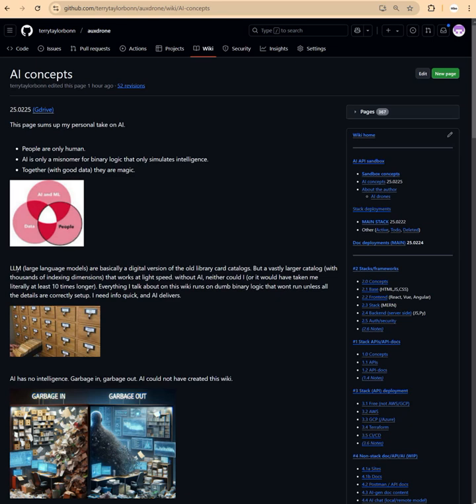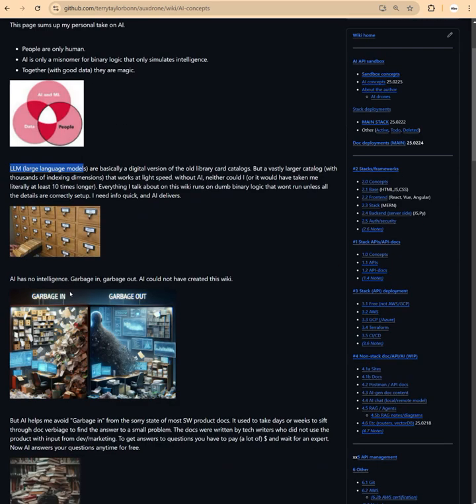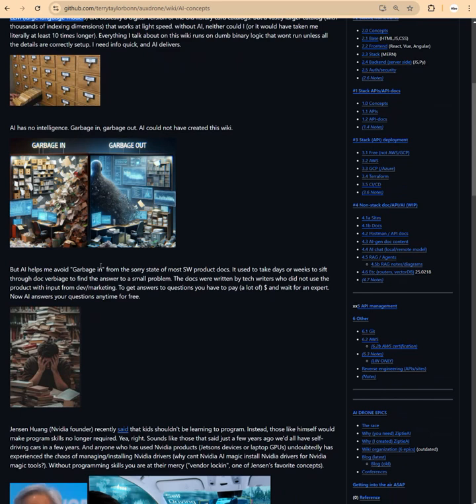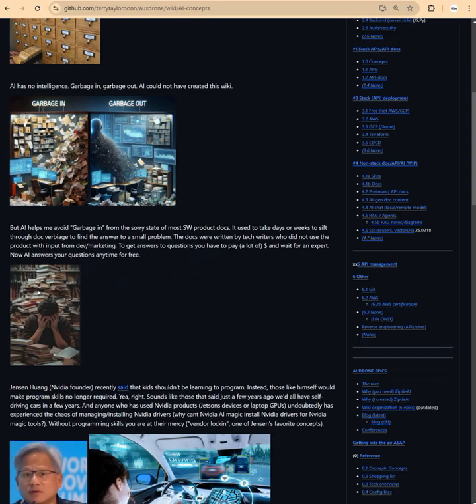But AI is basically, the large language models are basically a digital version of a card catalog. That's how I view them. And AI has no intelligence. Garbage in, garbage out. You understand this when you work with AI. You're only getting what somebody else put into the model. But the key about this AI is